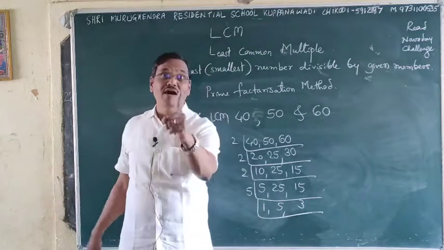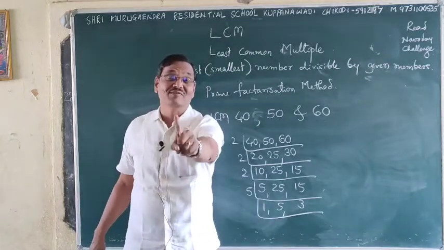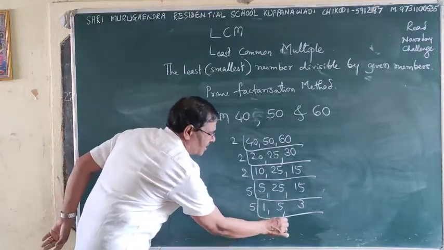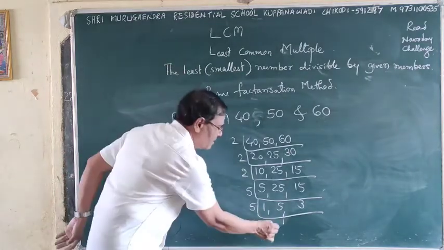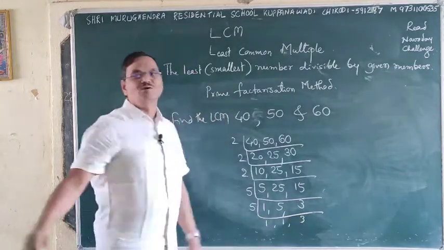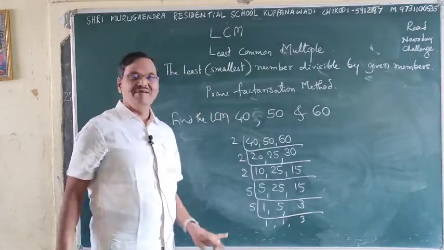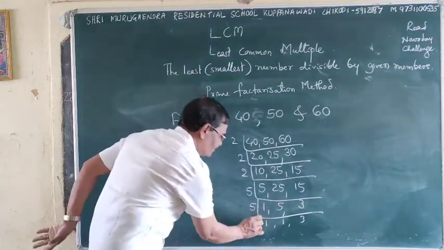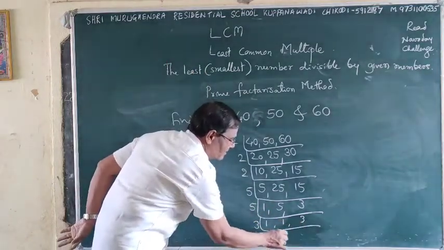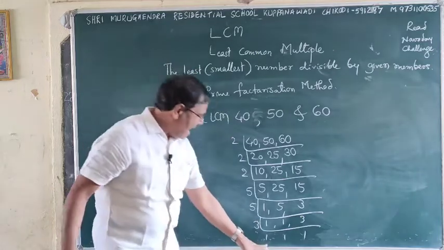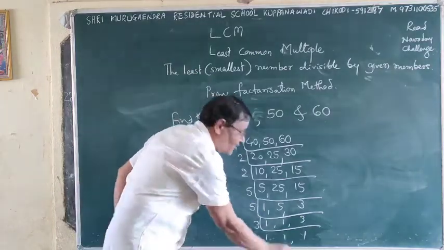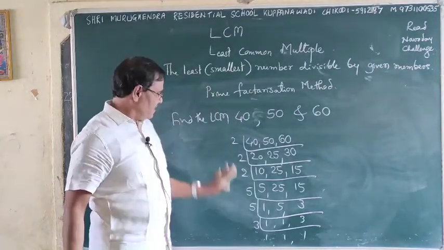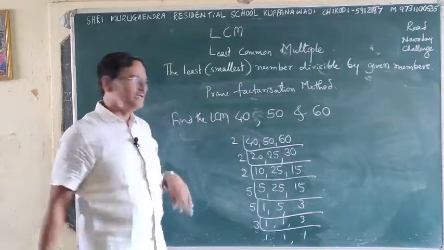No, 1 is not a prime number. Only prime numbers you have to take. 1 same, 5 ones are 5, 3 is unable to take division by 5 because it is a smaller number. So take it as it is. Then you go for 3. All 1, 1, 1 came, not 101. All the divisors are here. Then write these in ascending order.